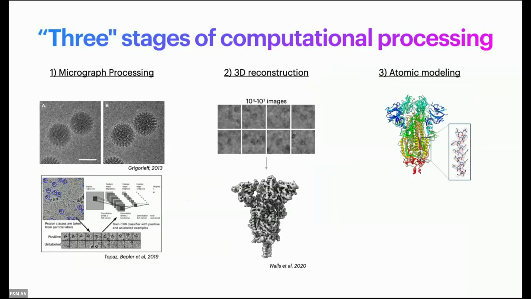So can we process this data set of 2D cryo images? Here are real images from the SARS-CoV-2 spike protein, which was the structure that was determined about 1 month after the onset of the COVID-19 pandemic. Can we reveal the underlying 3D structure, the 3D cryo-EM density map, from the data? Then, given a sufficiently high resolution density map, can we build in the atomic model to facilitate the final structure interpretation, and feed into the next generation of structure prediction or protein design